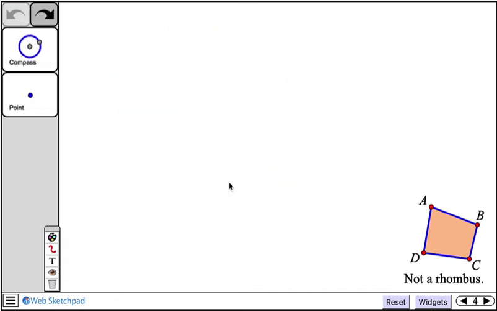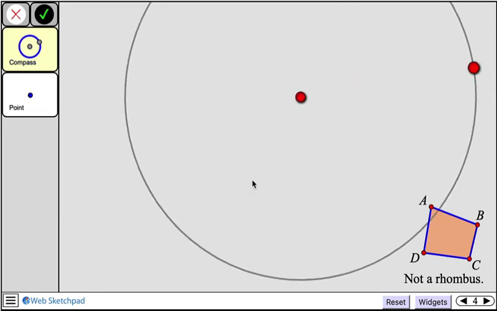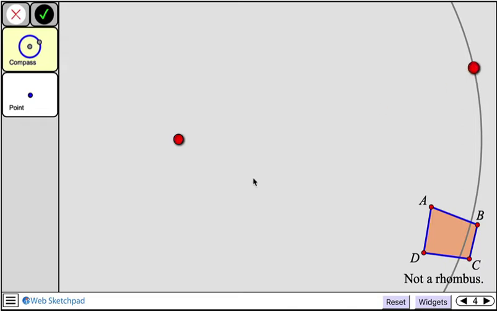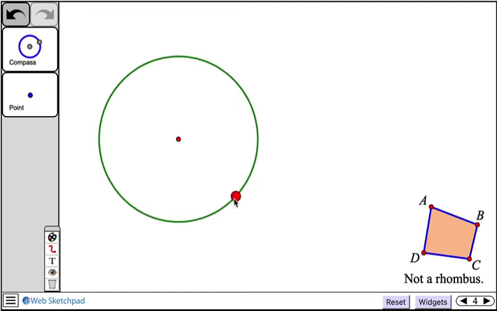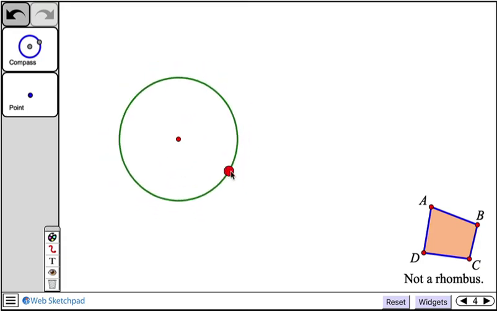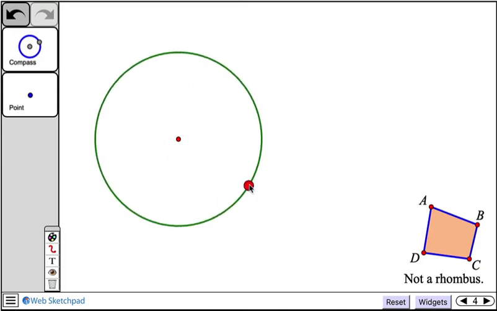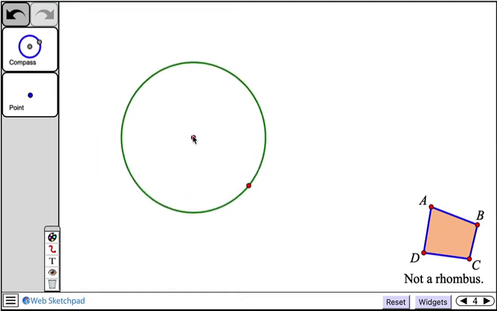Now we are on to the fourth construction. Here again, we're given a tool that constructs a circle, but this is just a compass tool. And let's see how that's different. I'll tap its icon, and we see a preview of a circle, and its center point is glowing. I will tap anywhere to place it, and now a point on the circumference is glowing. I will tap anywhere to place that. And here we have our circle, and unlike the previous ones, here I have a point on the circumference that